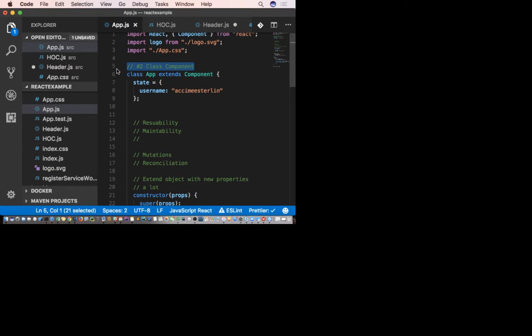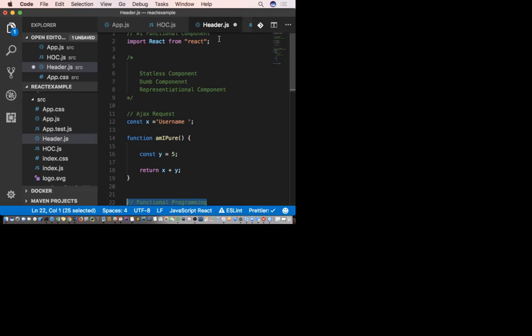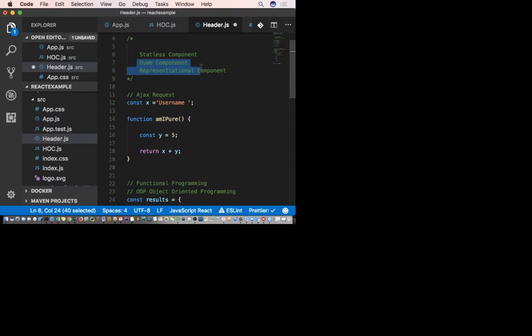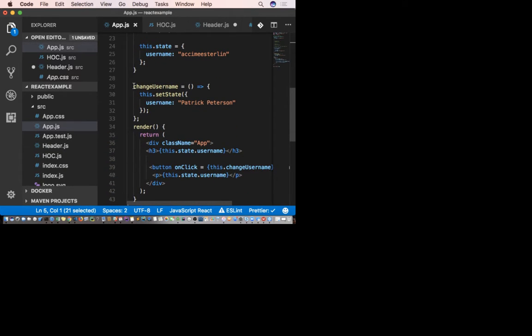And remember, a functional component is a dumb component, which means no functions. Every single time you need to use a function, just like we did over here, we need to use a class component. Functions are smart. Functional component is dumb. So every single time you need to use a function, it needs to be in a class component. Is that clear for everyone?